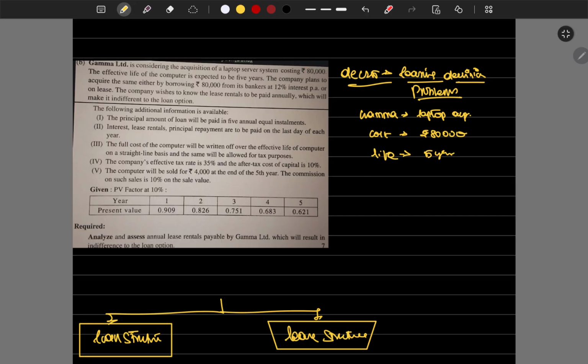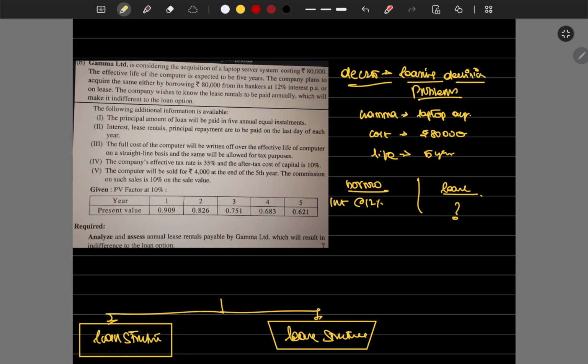Company plans to acquire by way of borrowing at 12% interest or lease. The company wishes to know the lease rentals to be paid annually. What's the lease rentals? Because the seller is giving 2 options, whether you can borrow or lease, but we have to know the